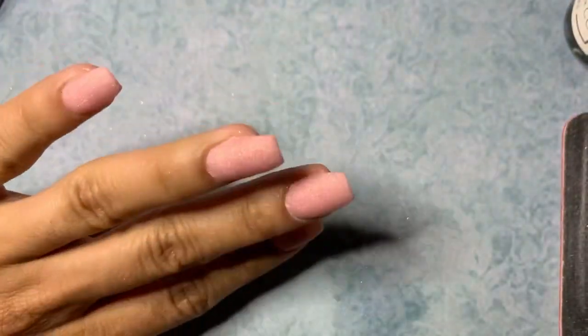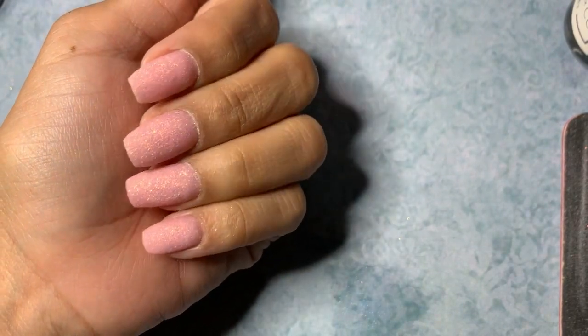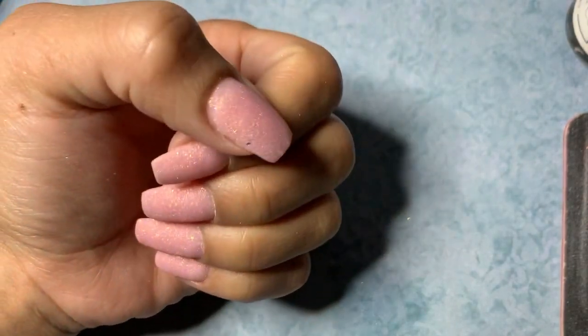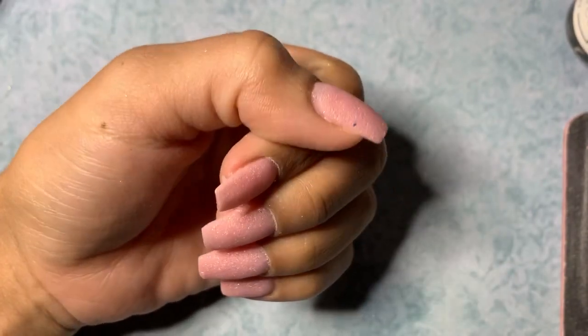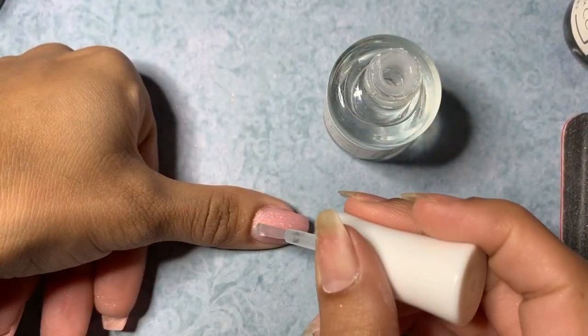Anyway, so usually wait a few minutes for the activator to dry, and then I'll do the top coat. And like I said, I'm only doing one coat of activator because I'm not doing any shaping. I guess that nail could have probably had a little, you know what? It's whatever. Stop dissecting it, okay? It's fine. So I'm gonna go ahead and go in with my top coat, my quick